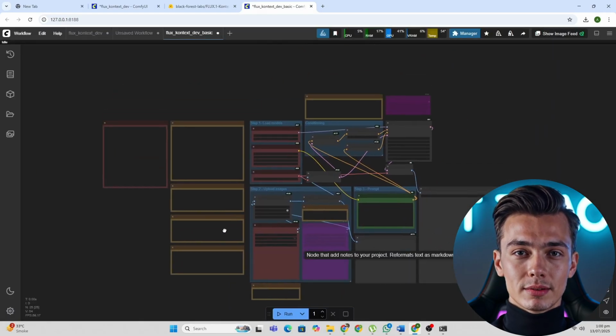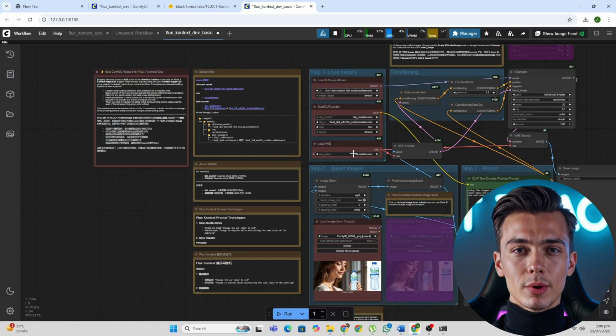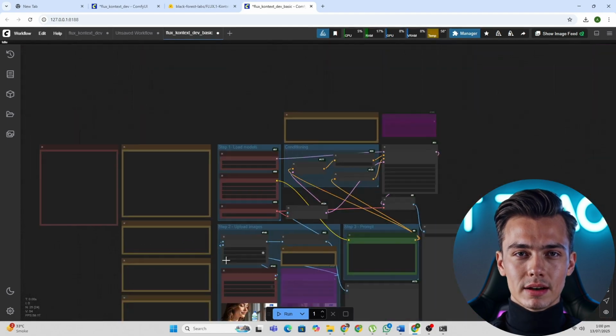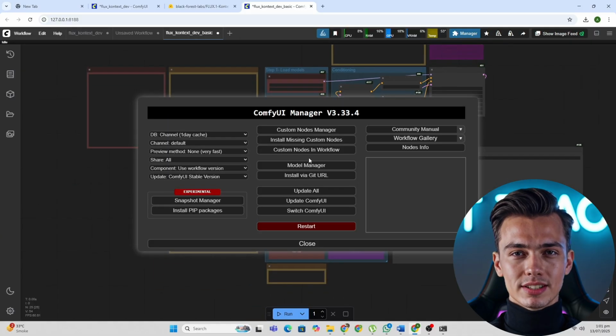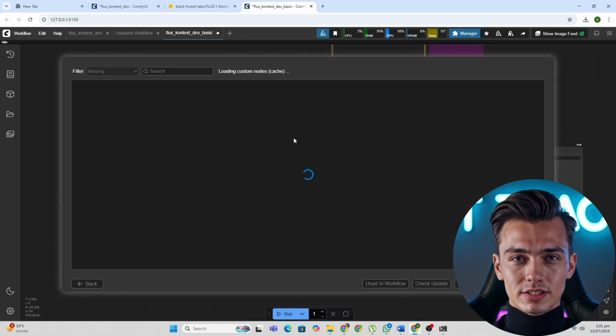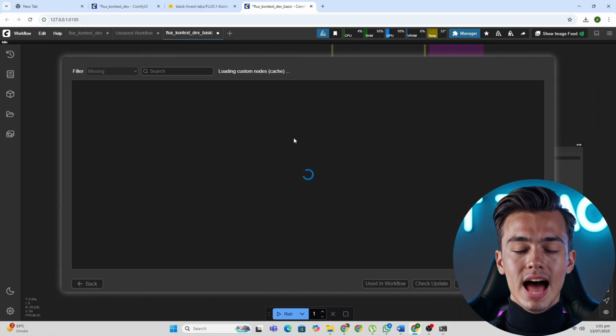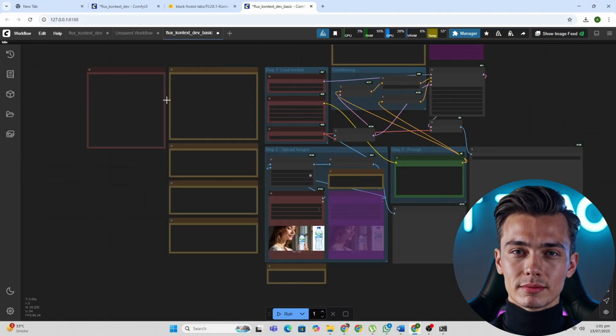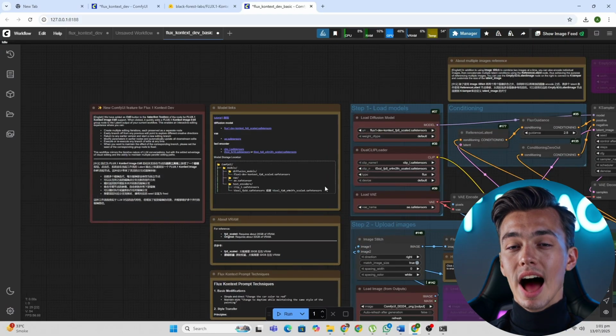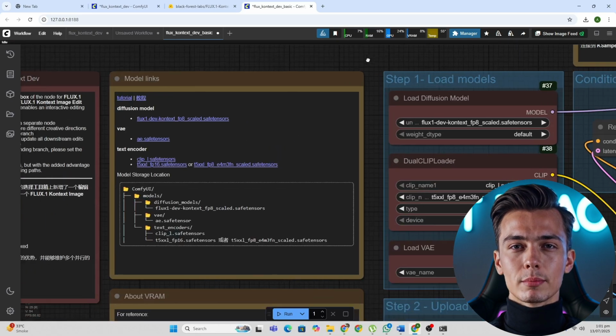Click on it to load the workflow. The first time you run this workflow, you will likely encounter an error about missing custom nodes. You can easily resolve this by going to Manager, clicking on Install Missing Custom Nodes, and then installing all the nodes from the provided list. Afterward, restart your ComfyUI. After restarting, all the custom node errors will be gone.